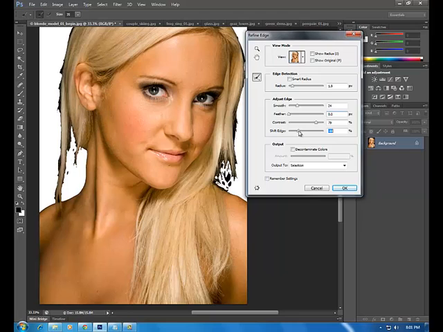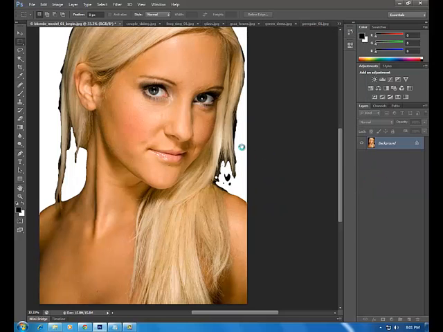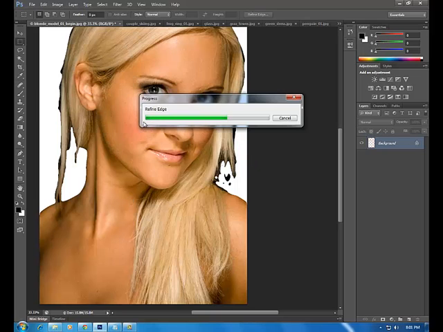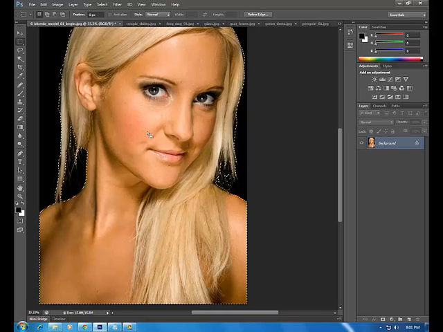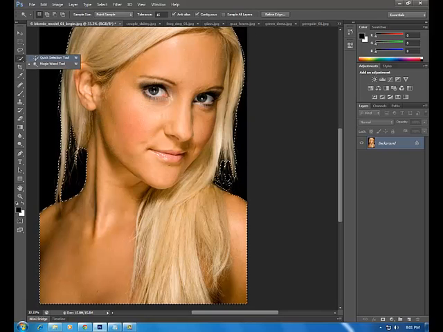With this, I would shift the edge in a lot more than this and smooth it at the same time so that it looks more like hair. And if I say OK to that, what do I get? I get a selection. And that selection I can go back in and clean up. So now that I have this, I can use my quick select tool